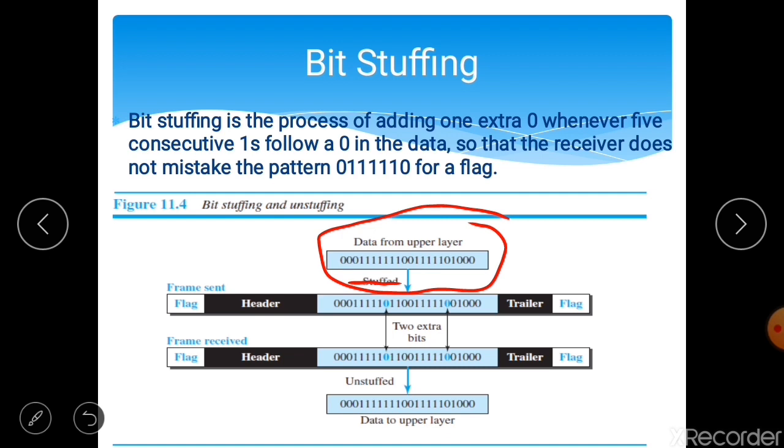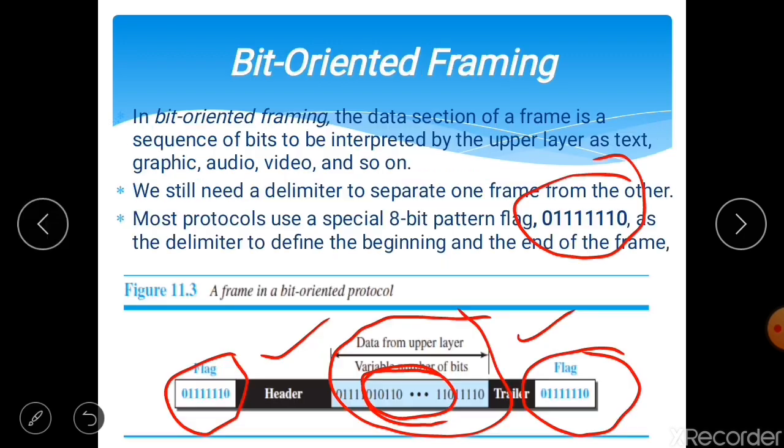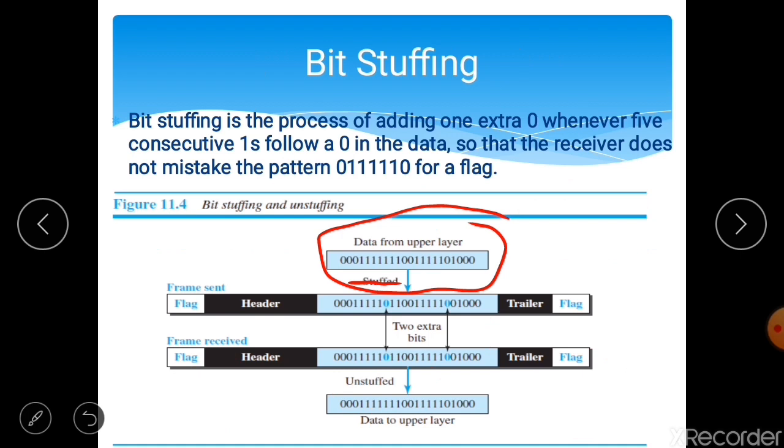So whenever such a pattern appears, we have seen how the flag will come. The flag will always come with 0 followed by 6 ones followed by 0. So here what we will do is, whenever 5 consecutive ones appear, immediately we are going to add one extra 0 bit, so that it will not look like the flag. It will not be the same as that of the flag.